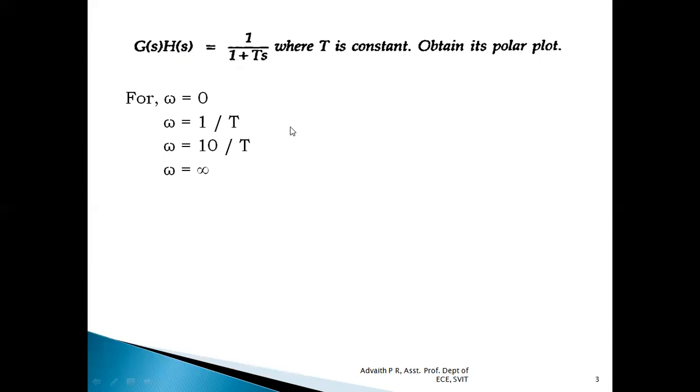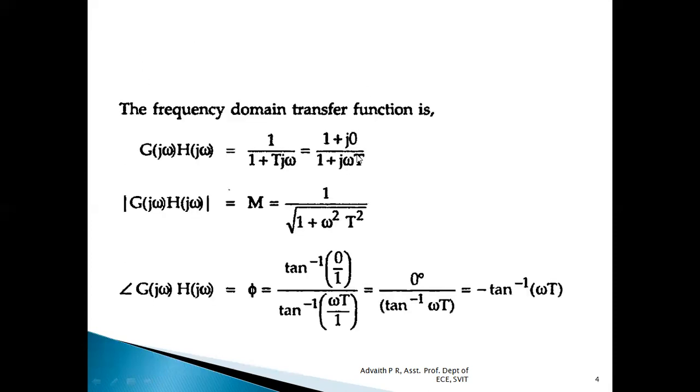Later, using that equation, we'll be writing an equation with respect to magnitude, and an equation with respect to phase angle. How to write those, we'll understand in detail. So when we substitute s equal to j omega in the given equation, we get G(j omega)H(j omega) equals 1 divided by 1 plus T of j omega. So what we do is we convert